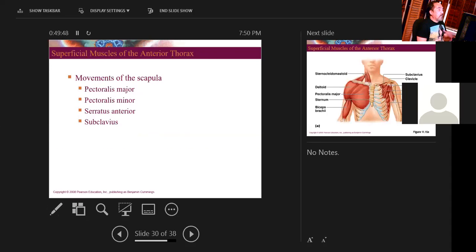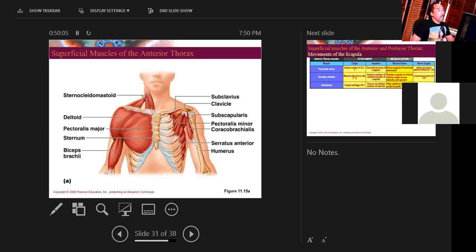Now we're gonna go into the chest. So the chest is the pectoralis major muscle on top of the pectoralis minor muscle. Then we have the serratus anterior. Then we have the subclavius. Okay, so that's going to be at the scapula. All right, so once we are at the scapula now, with the chest, you can see that the